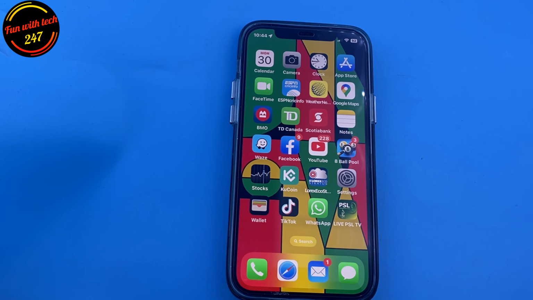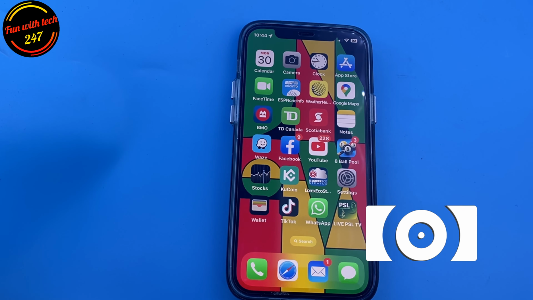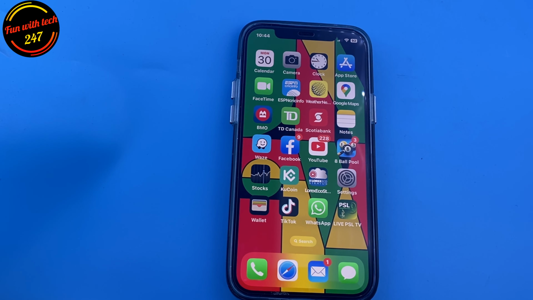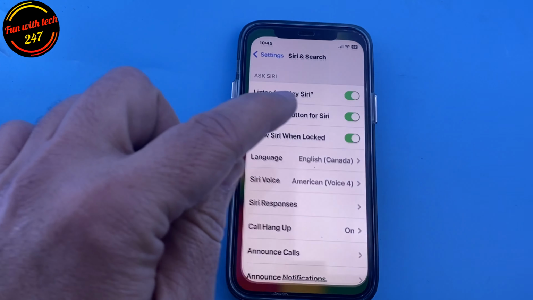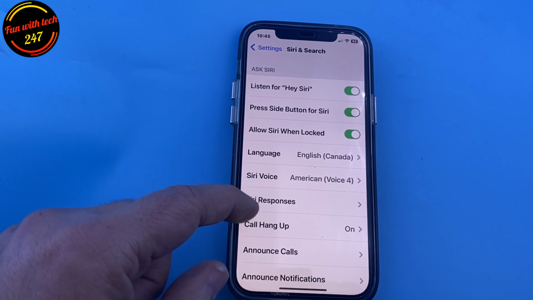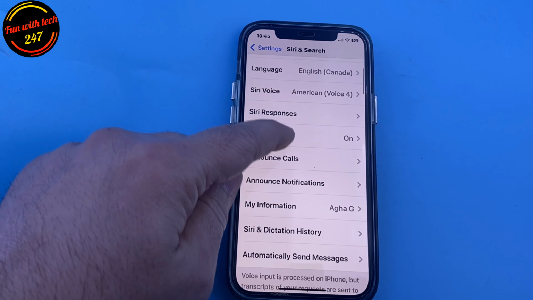And another annoying thing, like let's say you're dictating something to Siri and then you take a pause, and Siri thinks that the command is done. So obviously the whole thing goes wrong. There is a fix for that, and it's in the settings. If you go in the settings and then you go to accessibility,